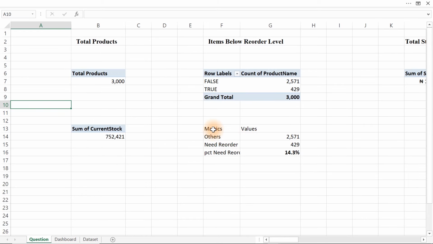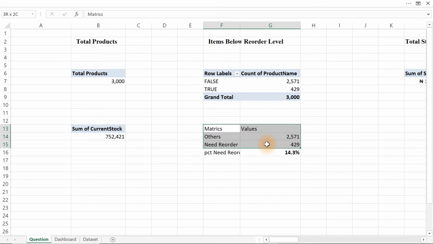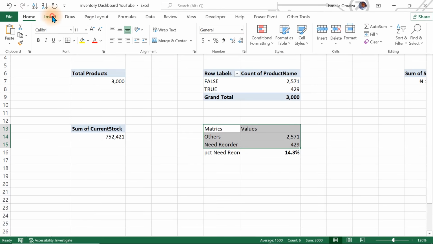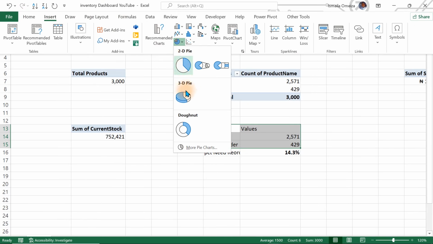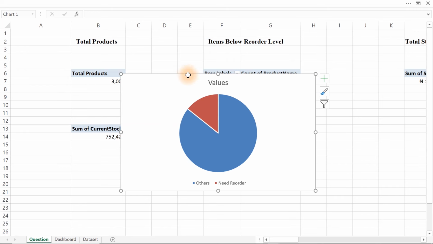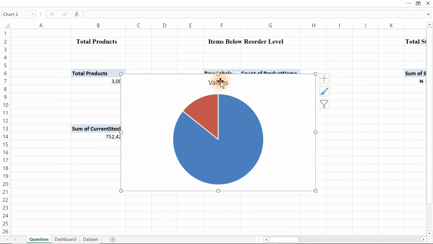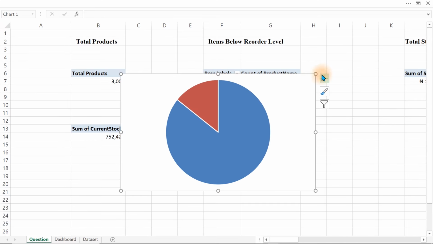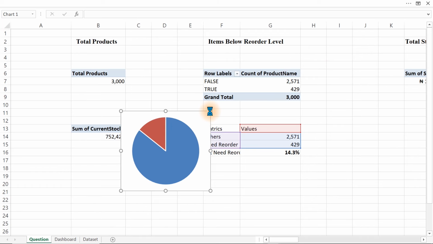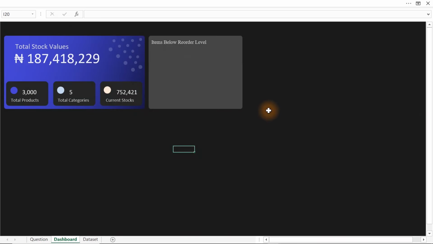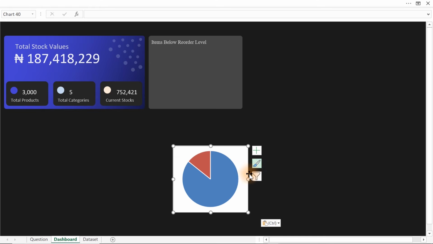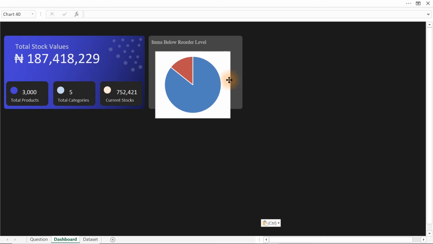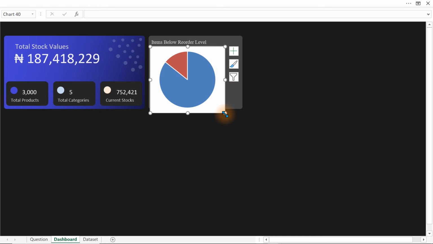What we need to do is to actually click on this very part, the order and the need reorder. So let's go straight up to insert. And in my own case, I'm going to go with this particular one. So we don't need to keep any of this. We're going to create ours just to keep space. So once you have done, resize this, Ctrl X, and go over to your dashboard, then Ctrl V to paste it. And once you're here, you just have to move this one up in here. Then reduce it